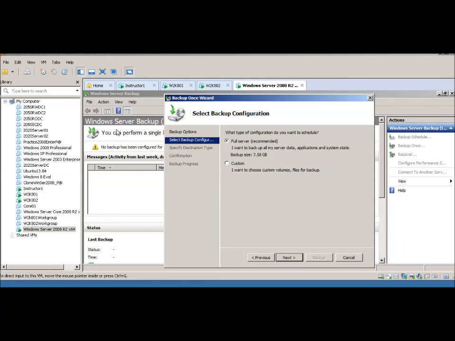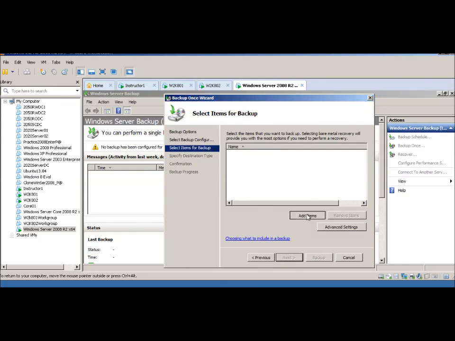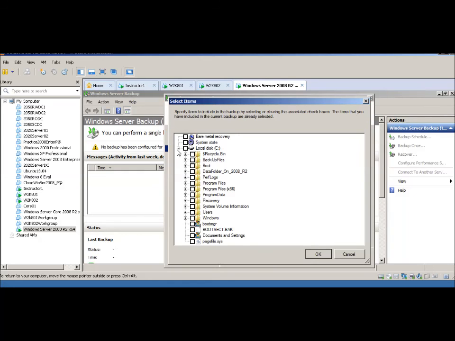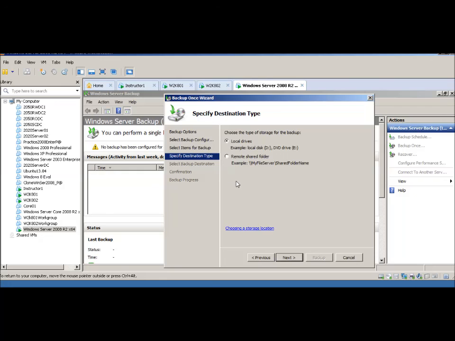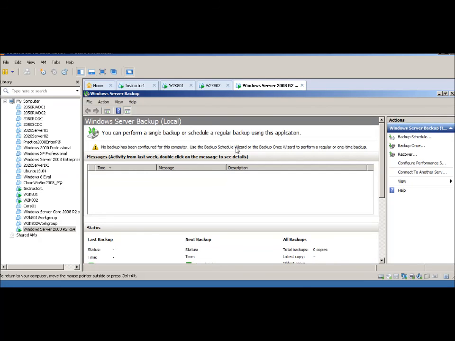But I went into the Windows Server Backup screen through the admin tools, and we want to do a custom backup here. As you see, I want to choose custom folders and files, and then you can add items here, and then you can go out there and select the folders you want to back up. I've got a folder called data folder on our 2008 Release 2, and if you go into it, I don't have anything inside that folder, and you can actually select that folder, and then it'll let you just back up that folder or files that you want to do. So I just wanted to show you the difference in the 2008 and the 2008 Release 2,